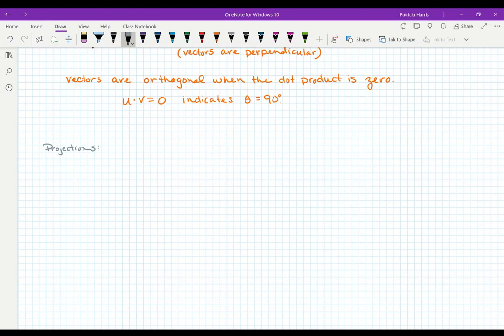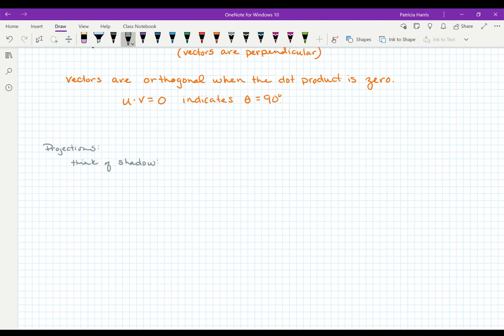Okay, so now we're going to talk about two uses for dot product. The first one is going to be projection. Now think of a projection as kind of like a shadow. Okay, so if you're walking along and take a look at your shadow, you are basically projecting yourself onto the